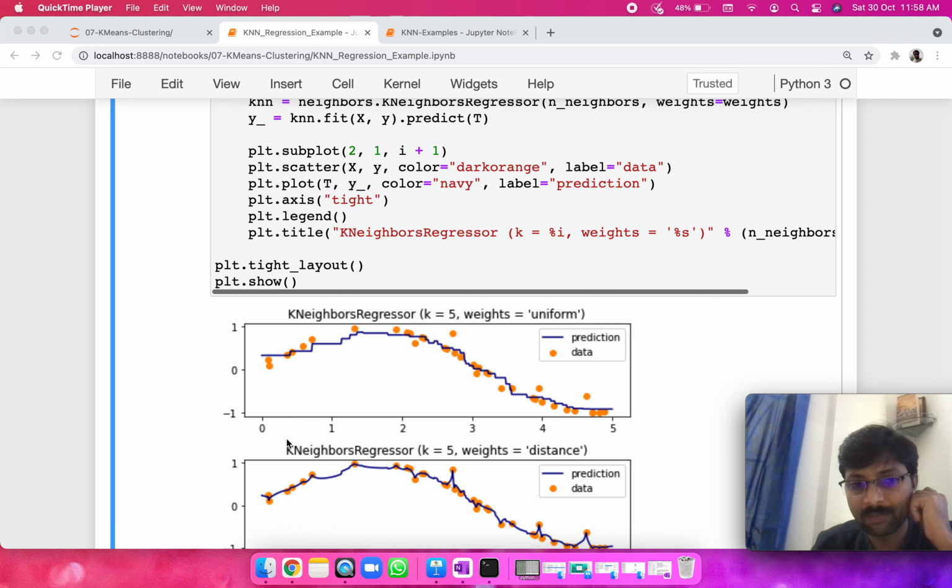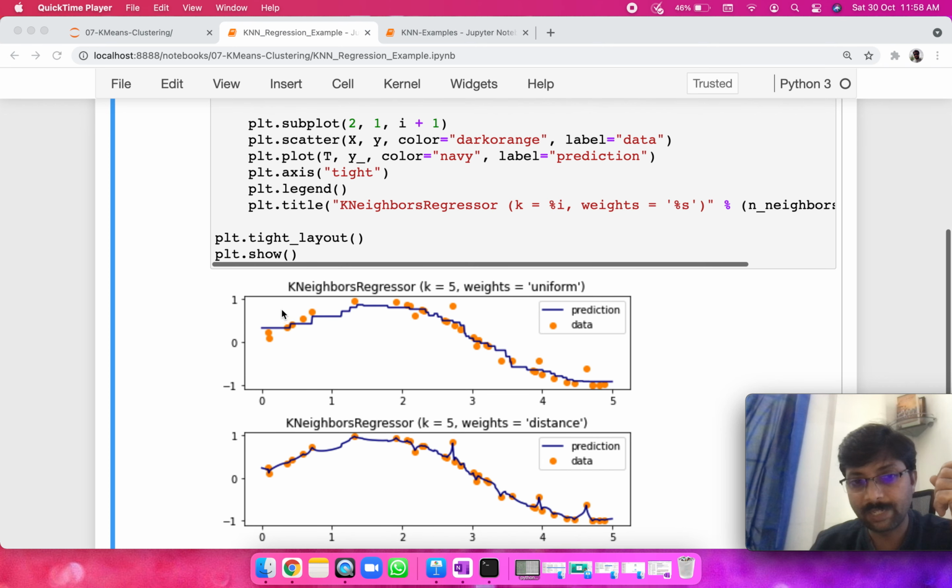So accordingly, for different ranges, you are seeing that it will not be the same as the samples, but the mean will be given. That's how regression based prediction algorithms work, right? If it is linear regression, we are going to have an equation with coefficients, and we will compute based on that. Whereas with nearest neighbor based or decision tree based algorithms, we're going to take a mean of the samples that are closer, the samples which are related. So like that, this is being plotted. That's on the uniform.